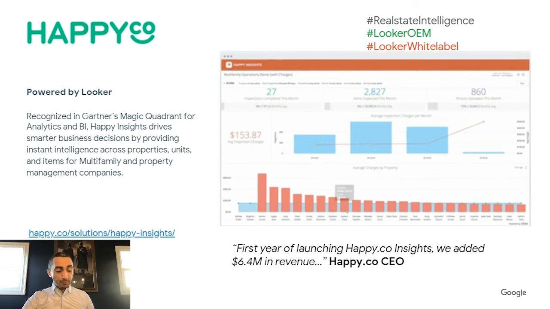Another client, actually a long-term client, probably even before I started, was already working with us. And the first year of providing OEM LUCA, so having HappyCo labeled into LUCA, provided for the CEO, as I quote him, $6.4 million in revenue. Of course, it's not just about LUCA, and we are really humble. We have the technology and the platform here, but the insights he provides to his customers are highly, highly valuable, and he was able to have a new SKU for his company.